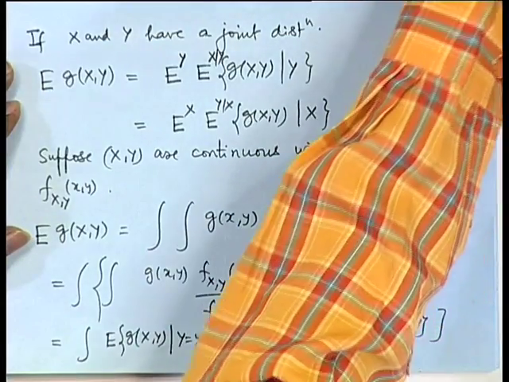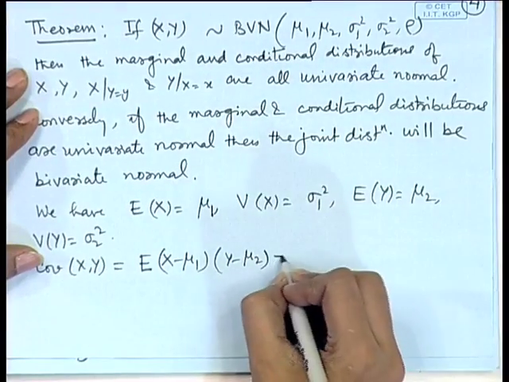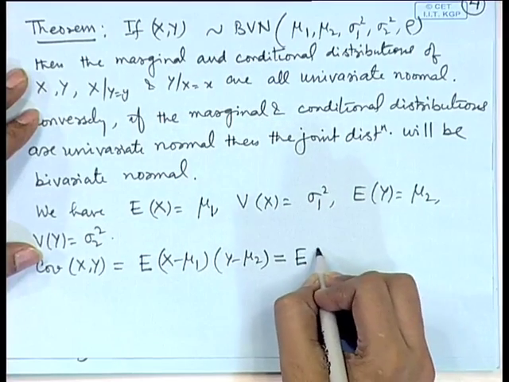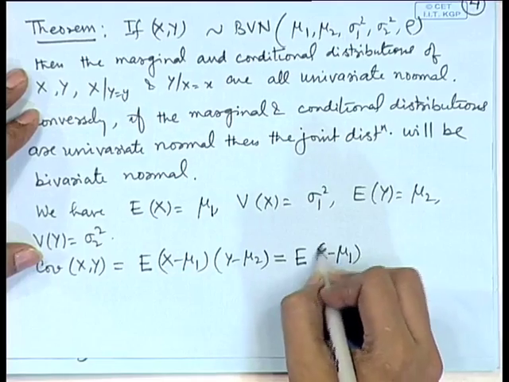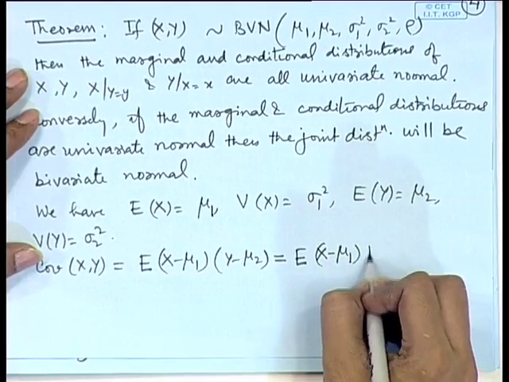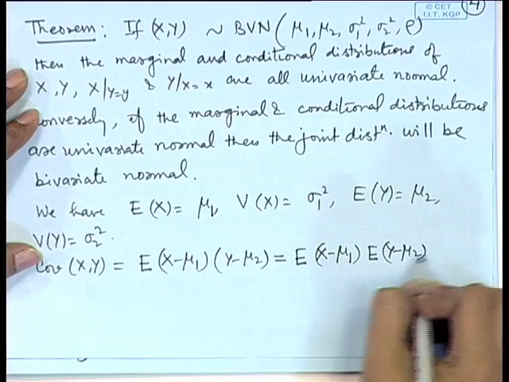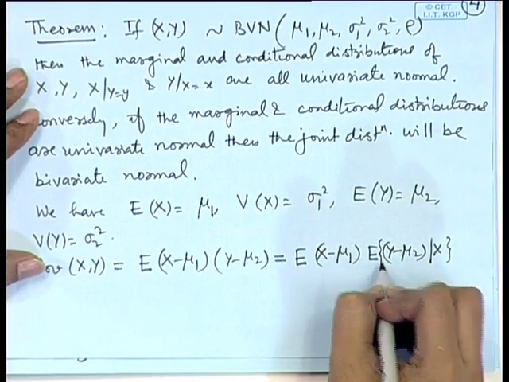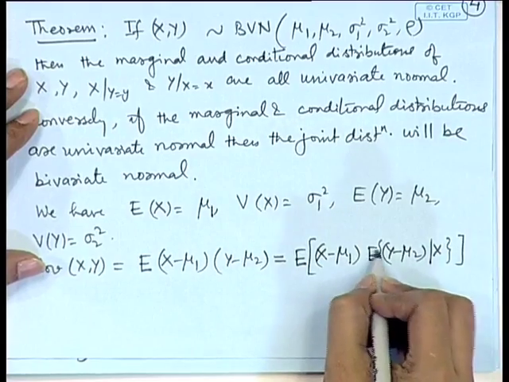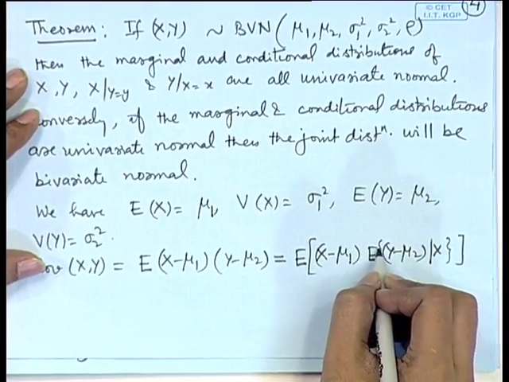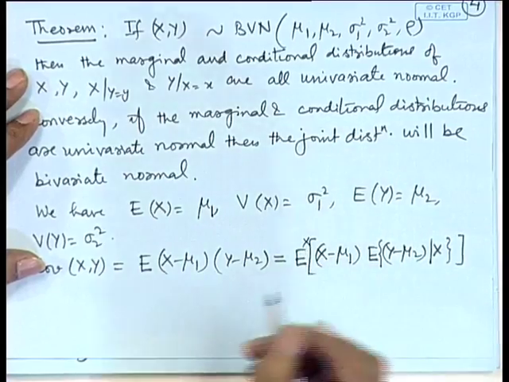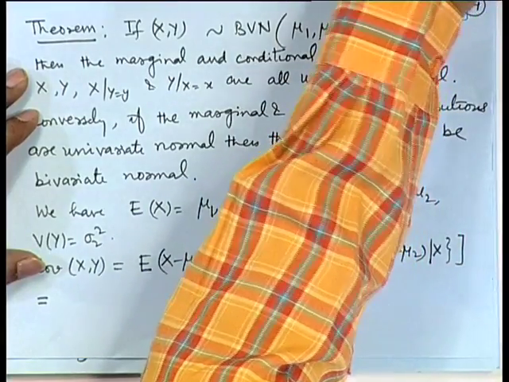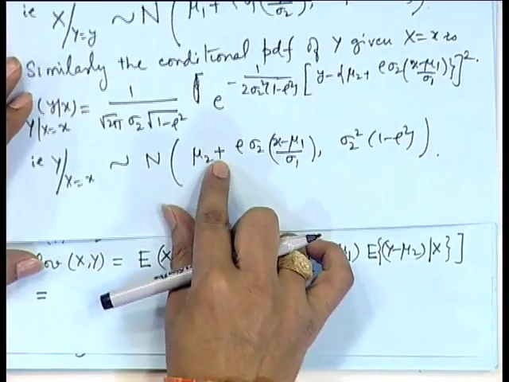So, if we make use of this, then expectation of x minus mu 1 into y minus mu 2, we can write it as expectation of x minus mu 1 into expectation of y minus mu 2 given x. So, inner expectation is the conditional expectation with respect to the distribution of y given x, and the outer is with respect to x. The conditional distribution of y given x was calculated to be a univariate normal distribution,